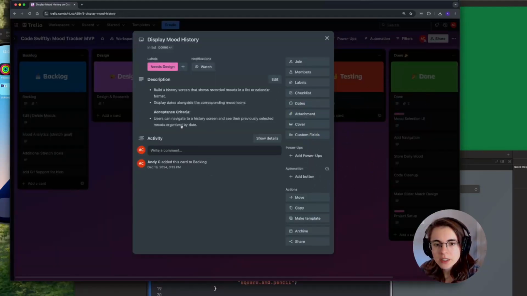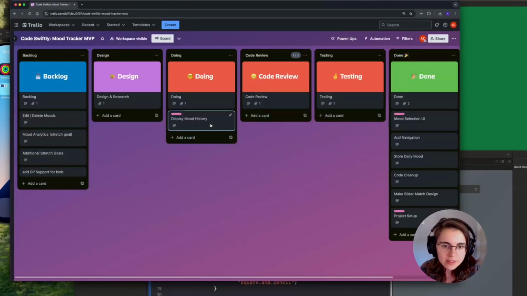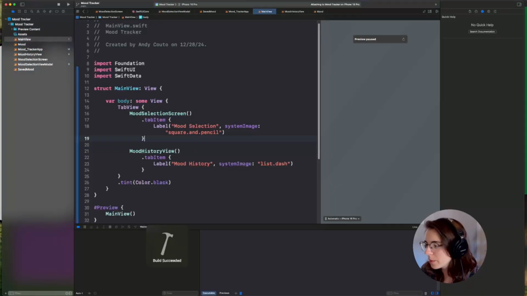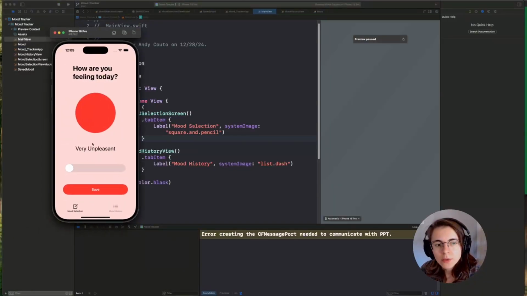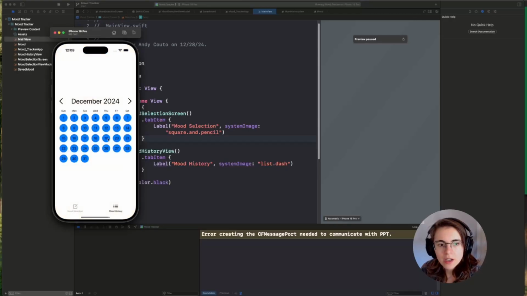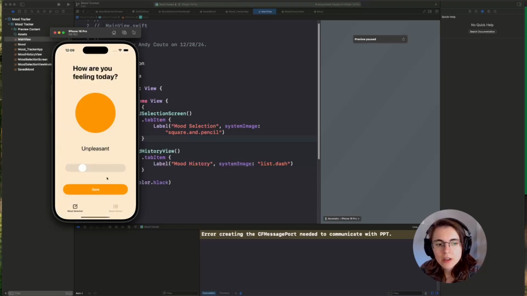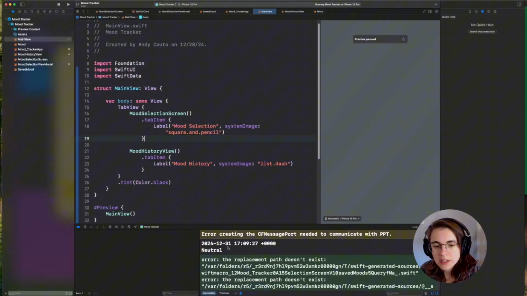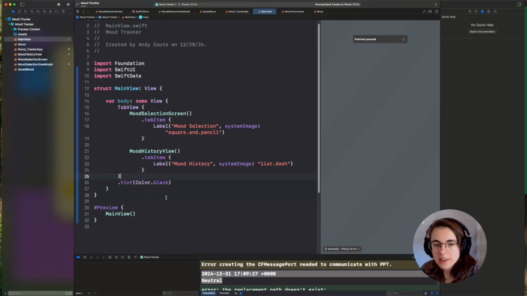Display mood history. Okay, so we're still working on this. And the very next thing to do here is to get our view model together. Let's just give this a run and make sure we're all on board with where we are at this point. So we have our mood slider, we have our mood history. This isn't showing anything right now, it's just a UI. It needs to be hooked into the view model. And let's see if we can still print out. All right, great. We can still print out the saved moods,